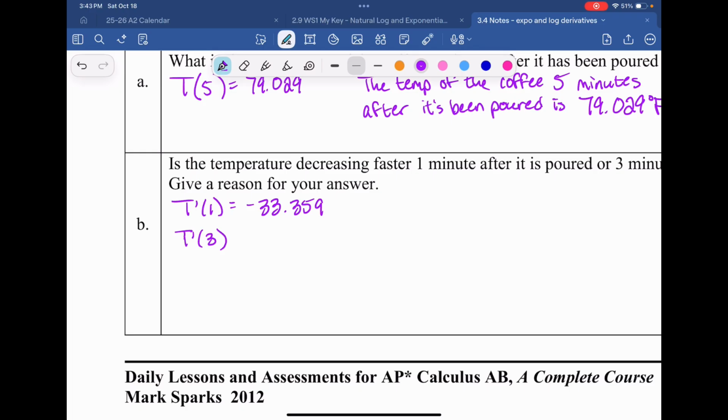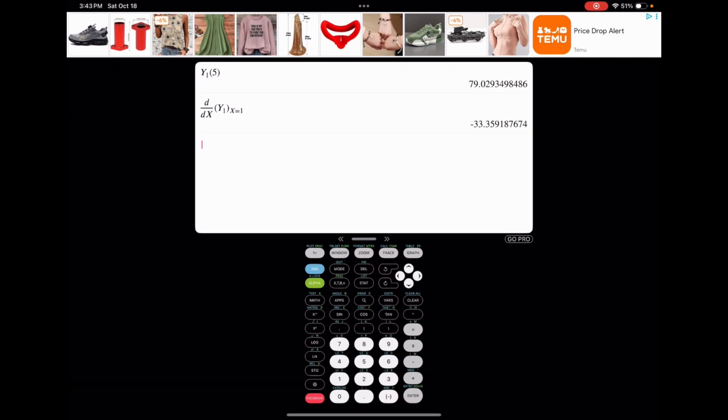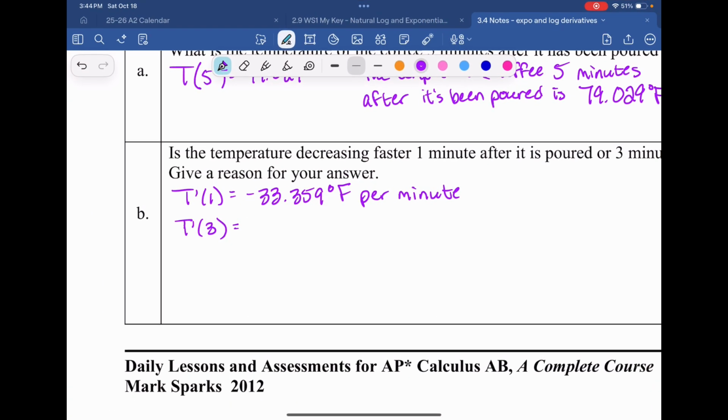Okay, now we need to be specific here. This is degrees Fahrenheit per minute. Math 8, alpha trace y1. This is x equals 3. Negative 12.272 degrees Fahrenheit per minute. Okay, so the faster rate,